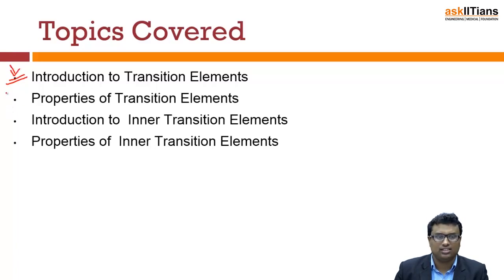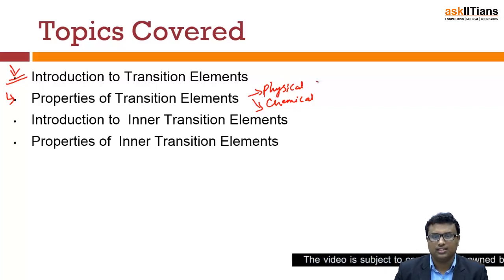Next, properties of transition elements. Obviously transition elements have certain properties, right? For example, they have magnetic properties, they have the property of forming coordinate complexes, they have the property of forming alloys, right? So we'll be discussing all the properties. We'll be discussing not only the physical properties, but also the chemical properties of the transition elements. We'll be studying their atomic radii, their ionization enthalpies, their stabilities, their oxidation states and all those concepts in the physical and chemical properties